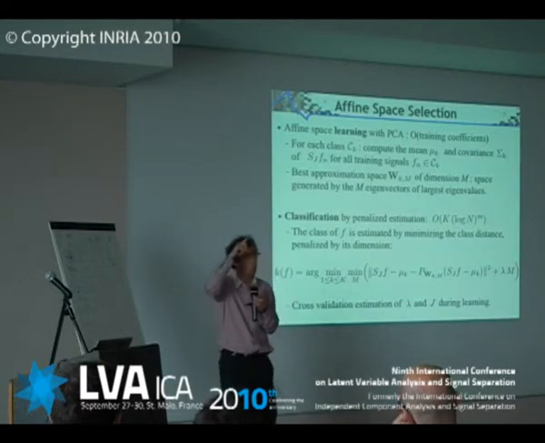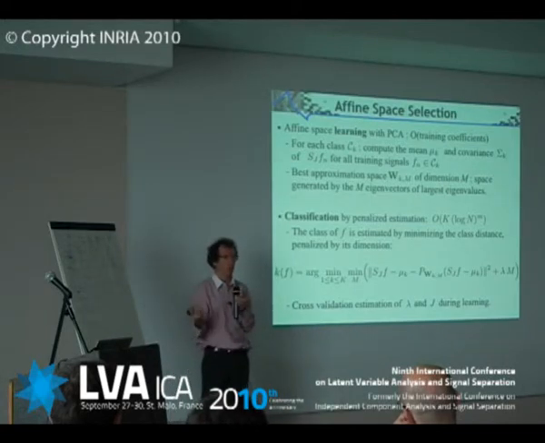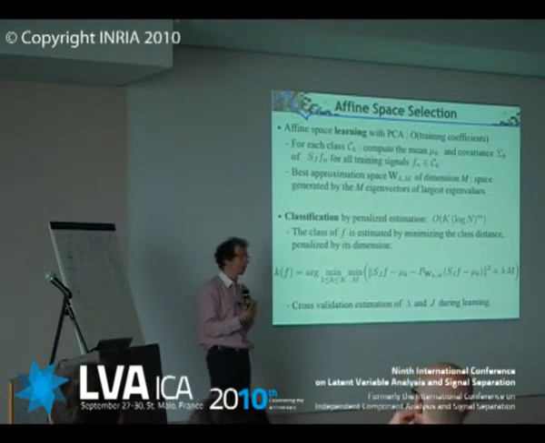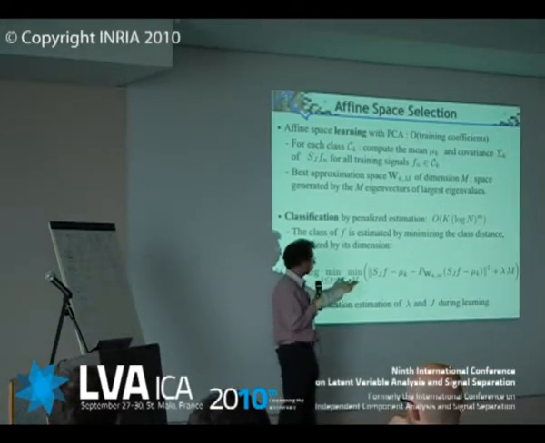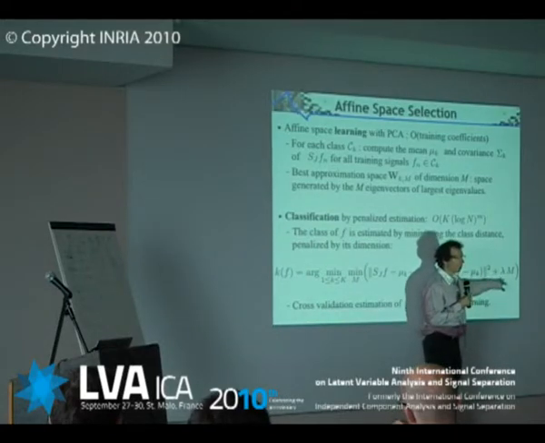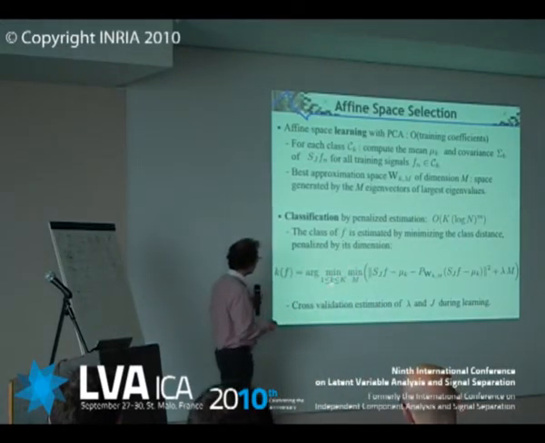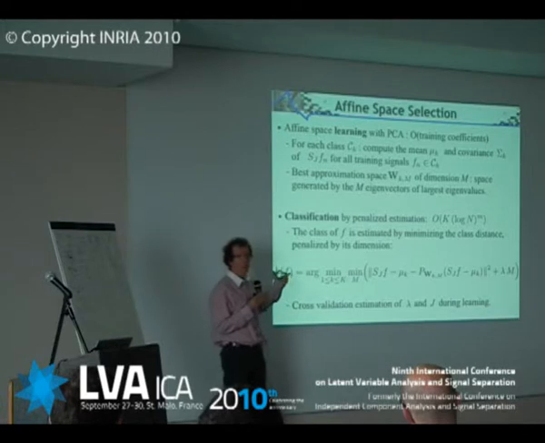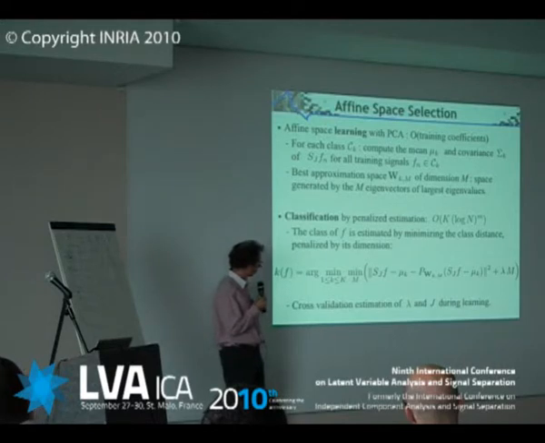Now, if you think of a 1, it is not very much deformed. But if you take an 8, there are plenty of deformations which remain an 8. Therefore, m should depend upon the class. And how do you make m depend upon the class? You let m vary, and you do a linear model selection. Namely, you take the m which minimizes the distance penalized by the dimension m, where lambda is the penalization factor. So if you find the optimal over m and over k, it will give you the best class. It's the class which minimizes the error given the penalization over the dimension of the space.